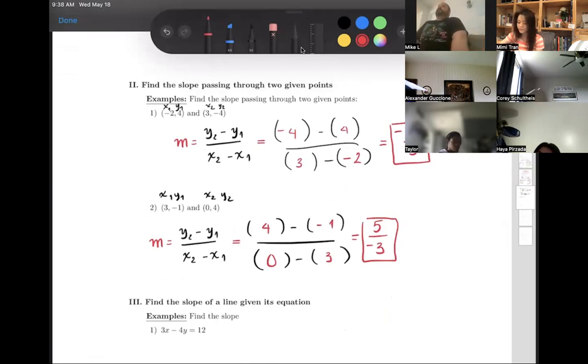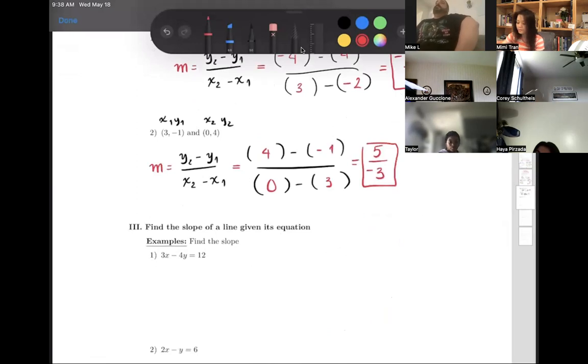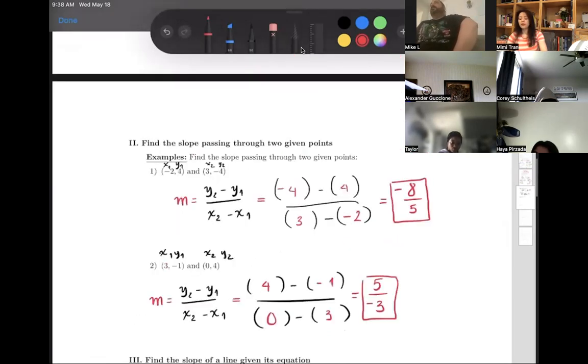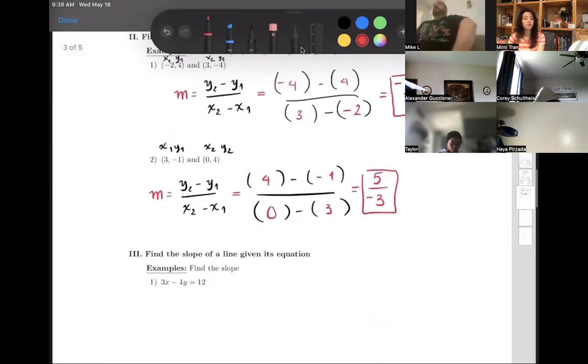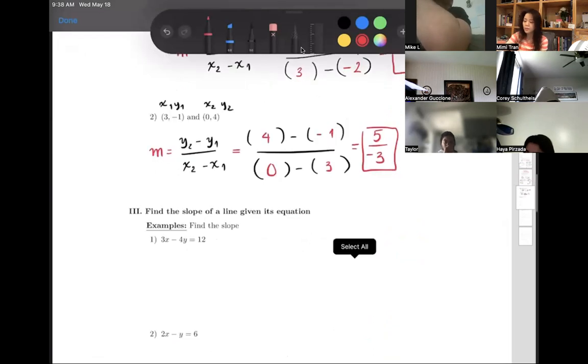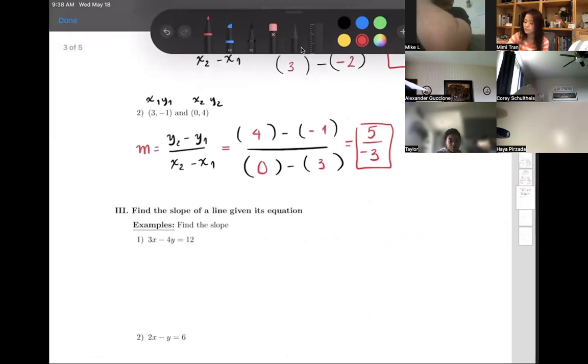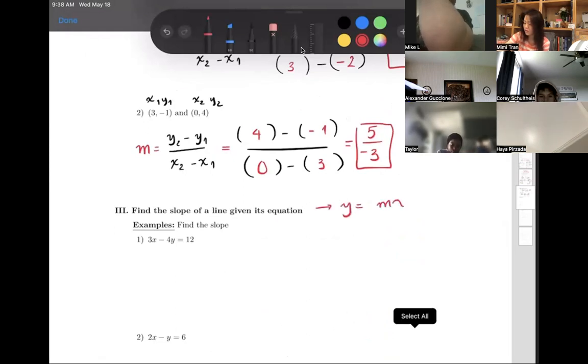Okay, find the slope of a line given its equation. Now, instead of giving you points or a graph, I'm going to give you an actual equation and ask you to find the slope, right? Can someone remind me what the general form of a linear equation is? Is it y equals mx plus b? Good. So y equals mx plus b, where m is